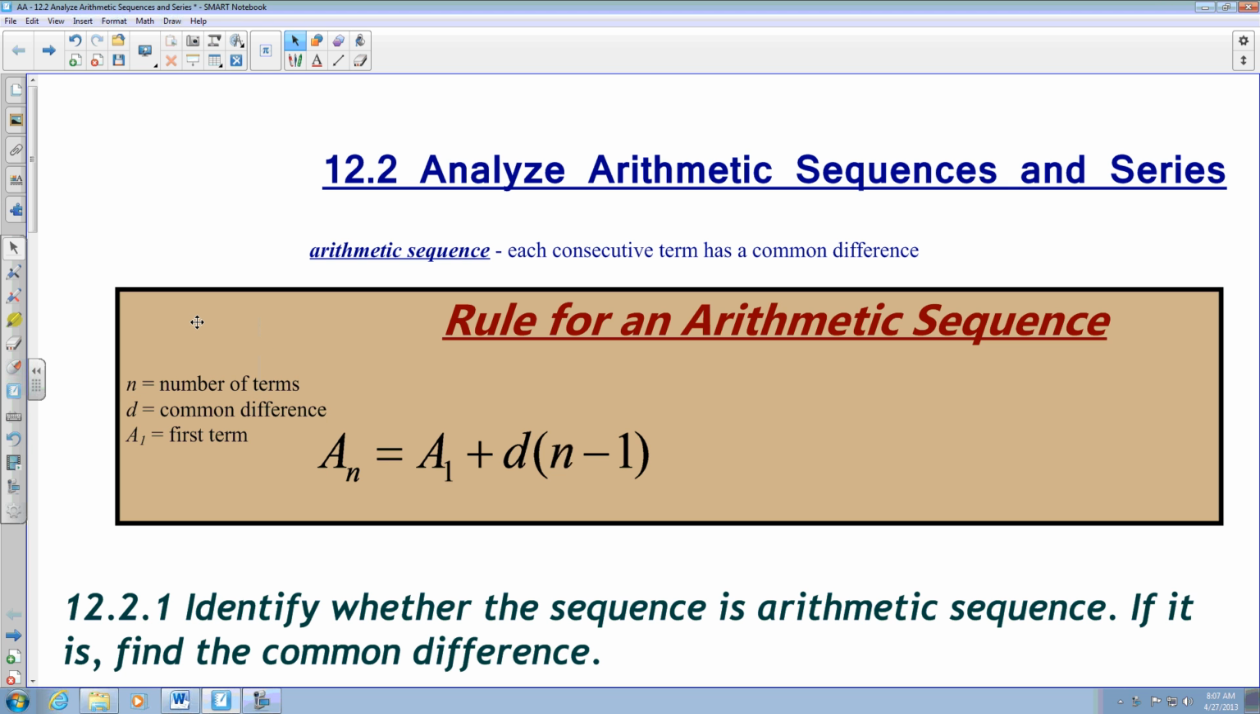Okay, so we're in section 12.2 where you get to analyze arithmetic sequences and series. Arithmetic sequences and series are denoted by having what is called a common difference. Arithmetic has the term arithmetic in it, so the only way that it is an arithmetic sequence is each of